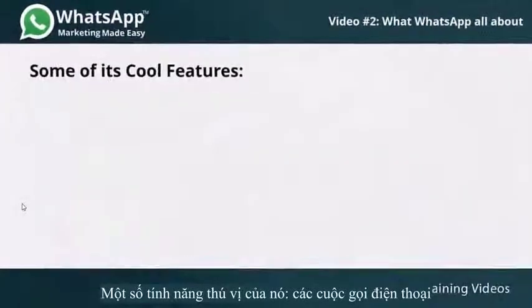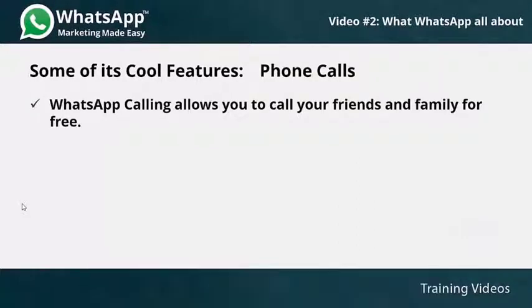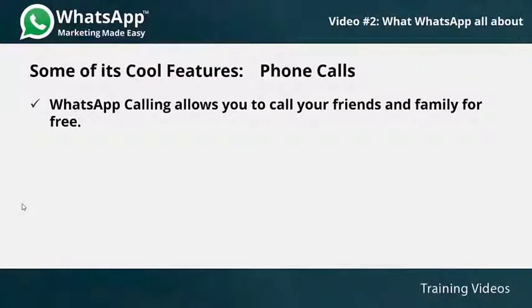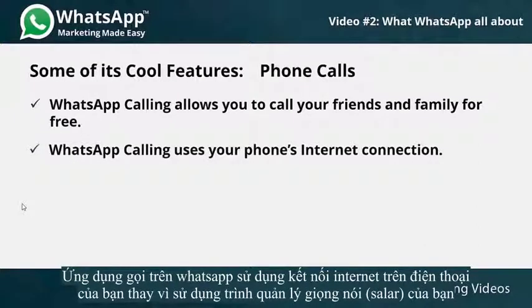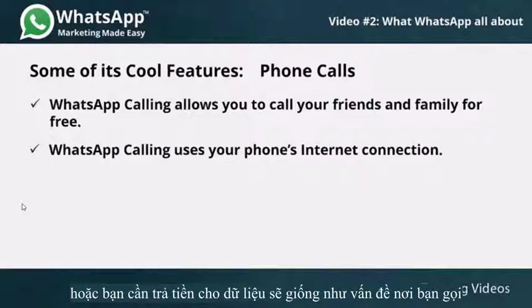Some of its cool features. Phone calls. WhatsApp calling allows you to call your friends and family for free, even if they are in another country. As of now, WhatsApp calling is available for Android, iPhone, Windows Phone, and BlackBerry 10. WhatsApp calling uses your phone's internet connection instead of using your cellular plan's voice minutes. Calling someone who is in another country will cost you the same as calling someone who is in your own country. All you need to pay for is the data charge, which would be the same no matter the place